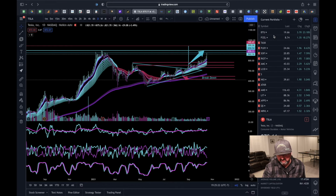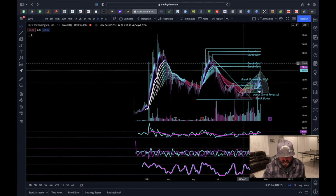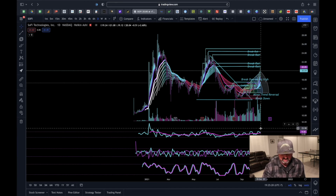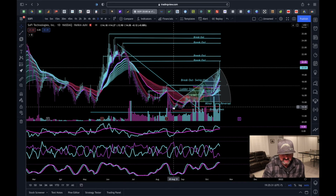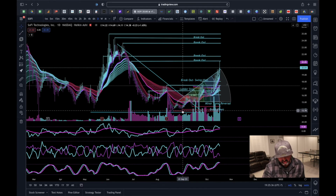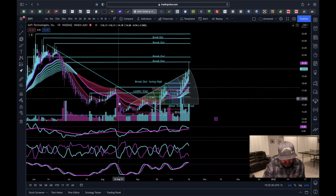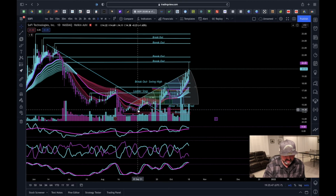I have explained multiple times why I think so, but I'm just going to give you a quick run of why that is. SoFi had its first bullish momentum and a little swing down pattern, but notice right here, this is a W, and this was higher than this one. So it created a higher low, which indicated to me that if we got volume and we had an indecision where it wicked up and wicked down and we were in the middle,